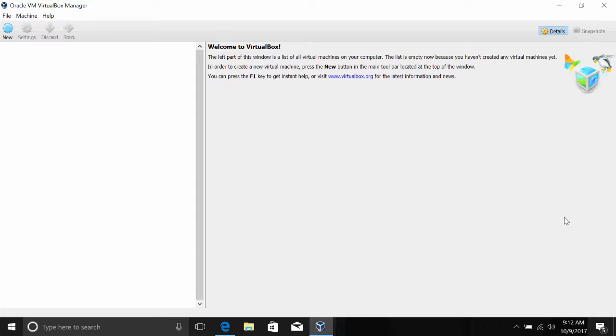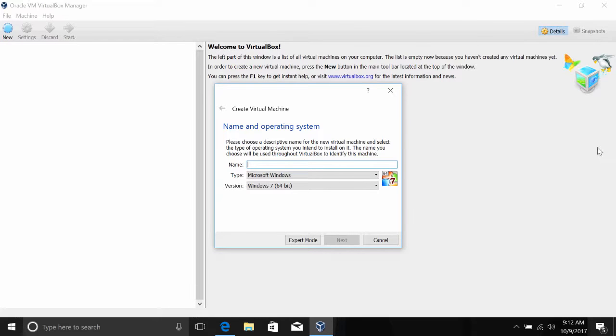First up, how do we install a virtual instance? I've already pre-downloaded an image of Ubuntu from their website and saved it onto my desktop, but I have to install it somehow. Well, to install this, I'm just going to click this New button here to create a new VM. I'm going to give my VM a name and select the type and version of my OS. I'm just going to stick with the defaults.